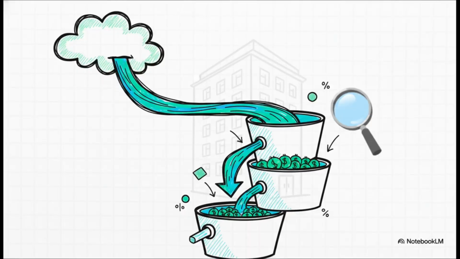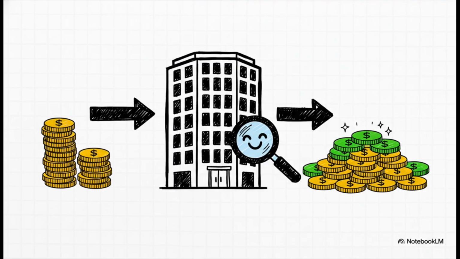So what exactly is a distribution waterfall? Well, just think of an actual waterfall. It's a system for splitting up profits where the money flows down, in sequence, through different pools or buckets. And here's the key. One bucket has to be completely full before any money spills over into the next one. And each of those buckets has its own rule about who gets the money inside. Okay, theory is one thing, but seeing it in action, that's how this really clicks. So for the rest of this explainer, we're going to follow the money from a hypothetical deal step by step to see exactly how this whole thing works in the real world.